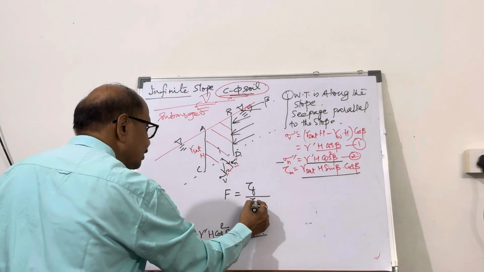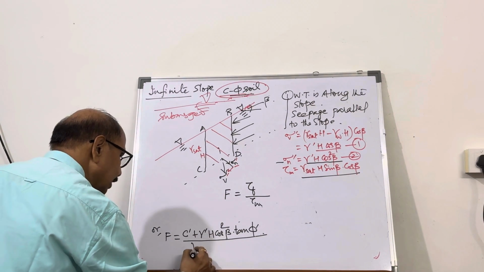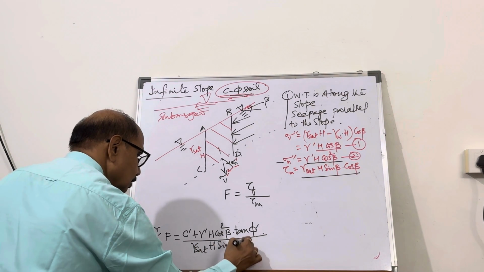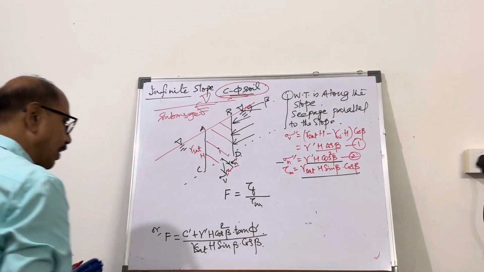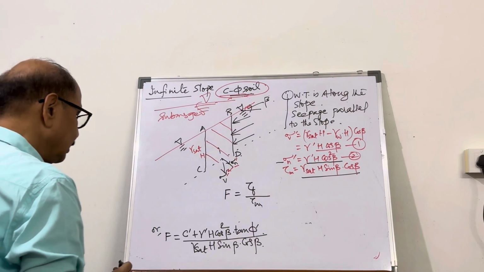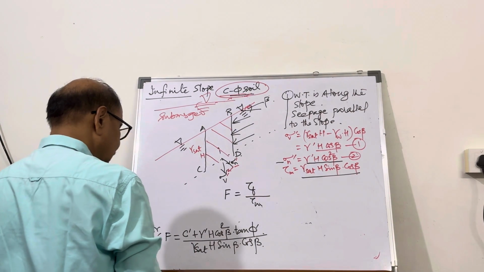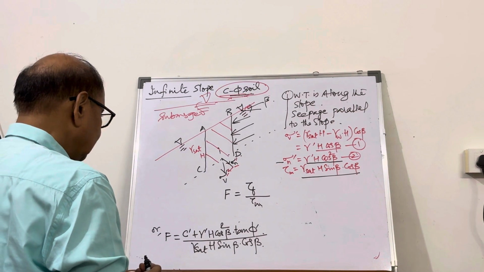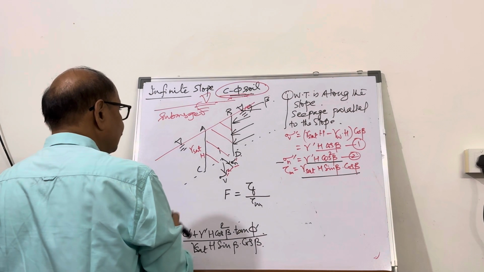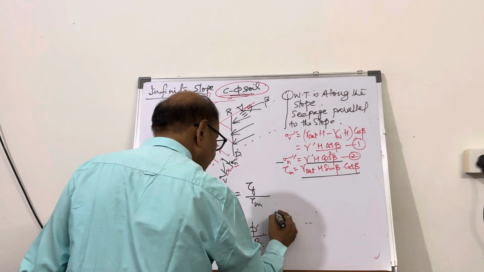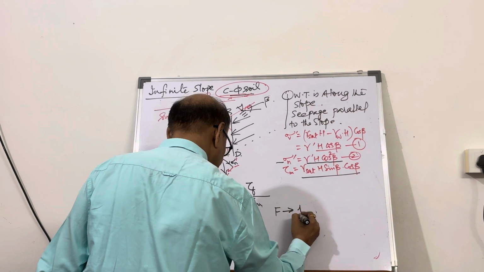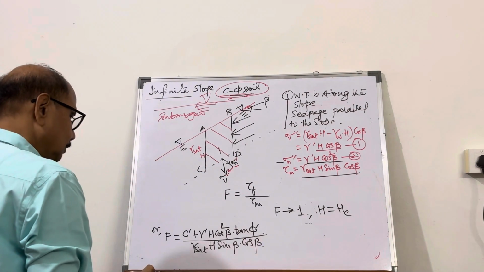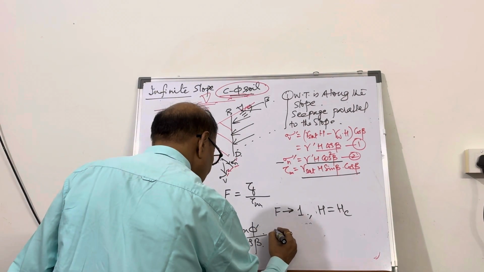And what is tau mobilized? It is here: gamma saturated into h sin beta into cos beta. So, you can simplify it as you wish, and make it simpler further. Now, when the factor of safety becomes 1, h equal to h critical. So, for gamma sat,